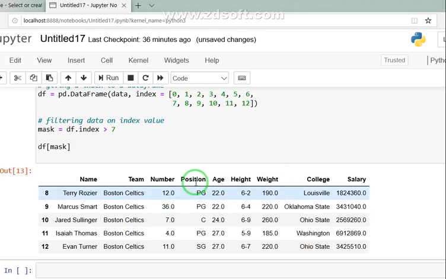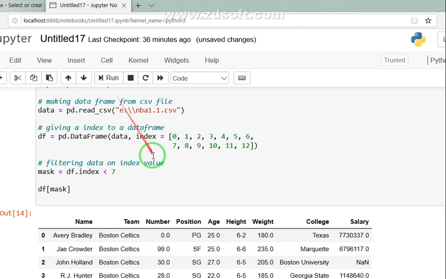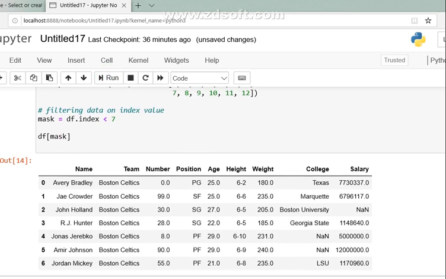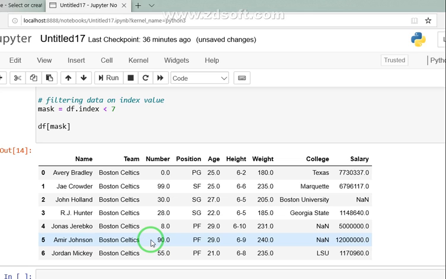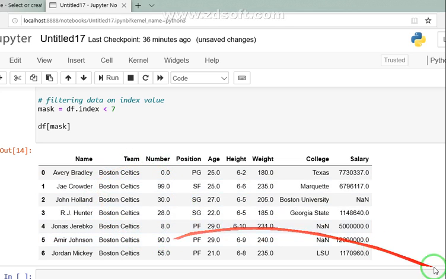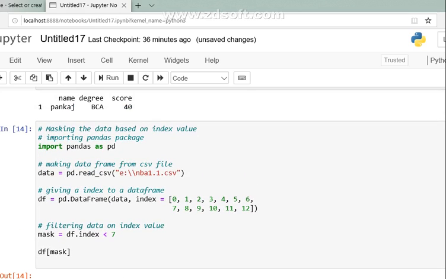Let's say you use not greater than but less than 7. When you run this one, you see now all those records are appearing where the index value is less than 7. Clear? So this is how we are going to apply the operation on the index values.